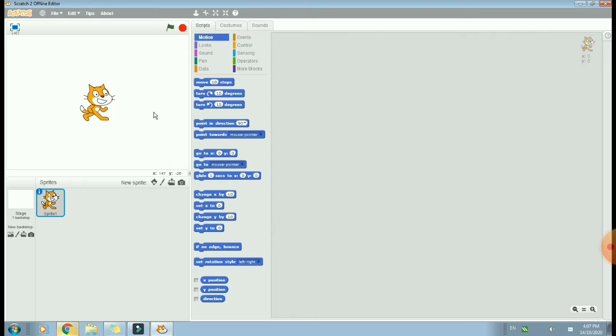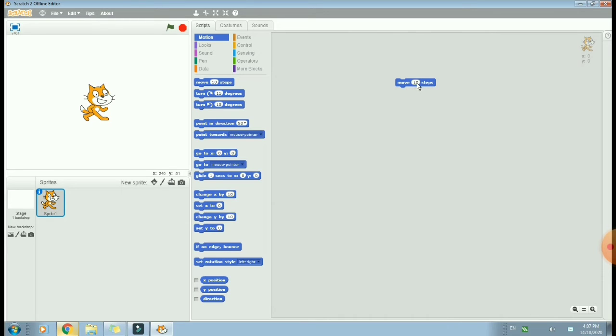Now here you can see this is our motion block available in the left side of the Scratch window. In these motion blocks, so many blocks are available as you can see on the screen. To use these blocks, simply you have to click on this block and drag it to the script area. Like this, you can drag, and where you want to put, just left the click. This way we can drag and drop our block into the script area.